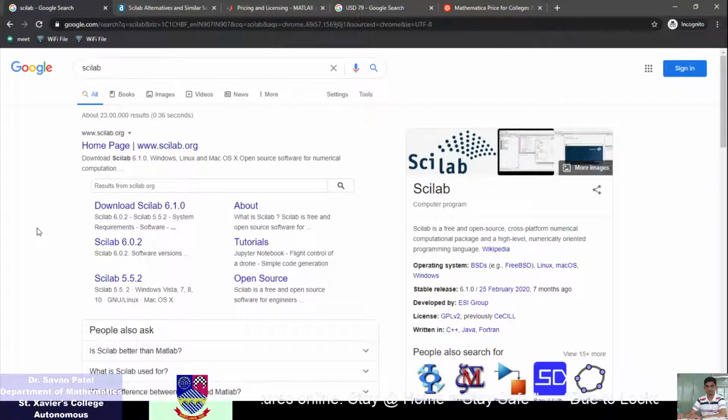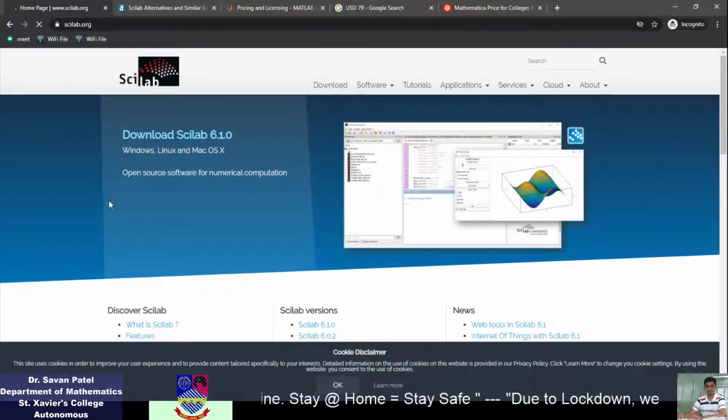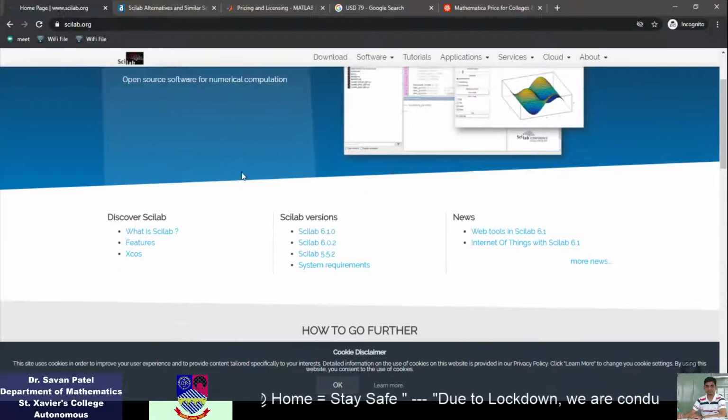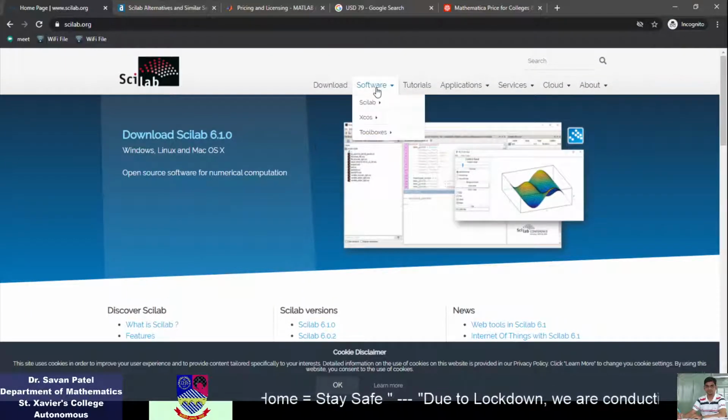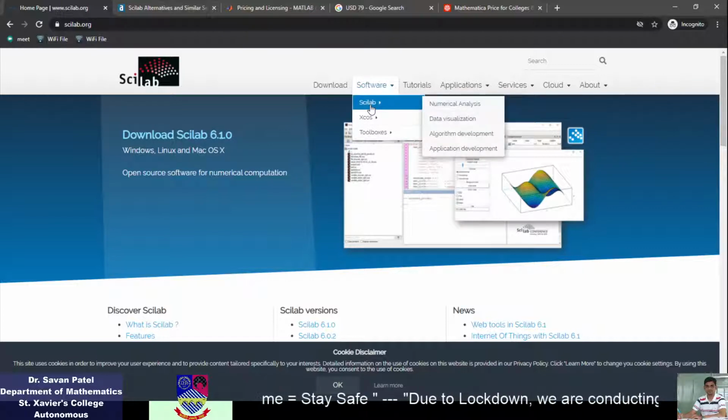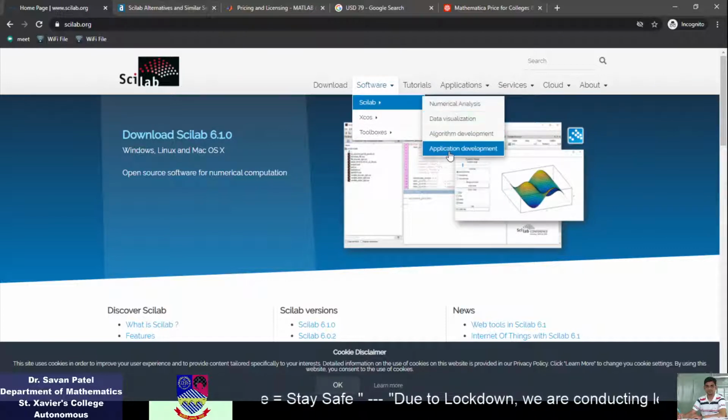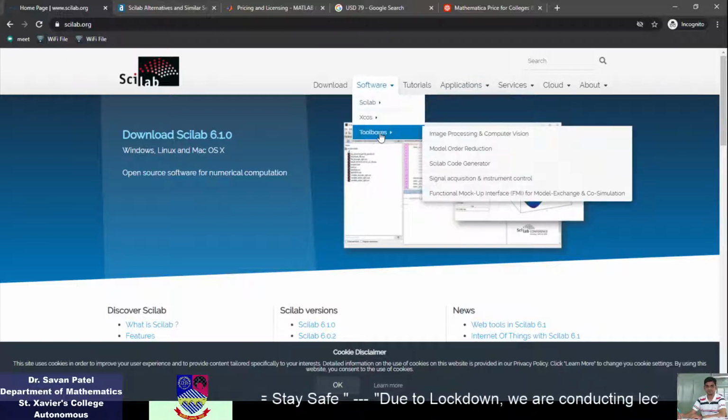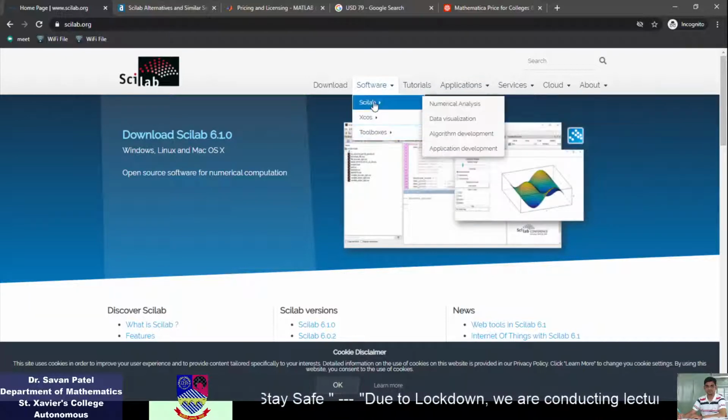So this is a Google search of Scilab, and I am going to its home page. My home page looks like this. On the first page itself, it says download Scilab 6.1.0, which is the latest version currently available on the software site itself. It also gives some other software, like Xcos and toolboxes, but we are interested in Scilab right now.